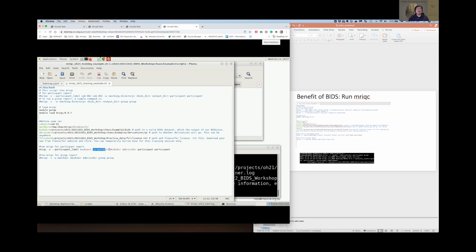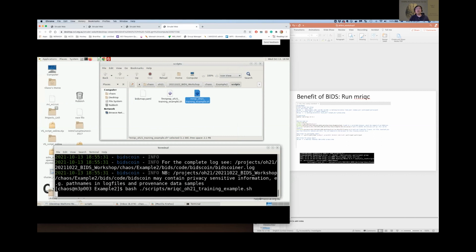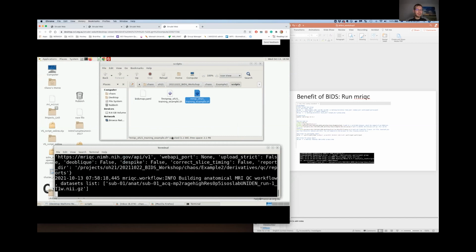And then you have the working directory, the input, the output, and tell it participant level. And you simply run it. To run a script, just bash the script for MRIQC and press enter. It will run.